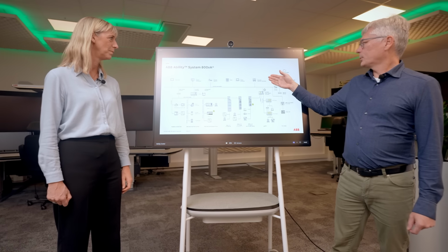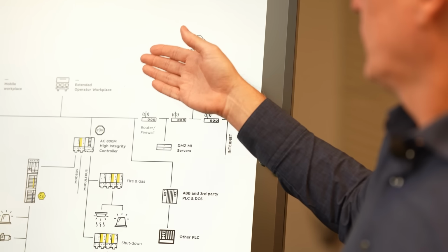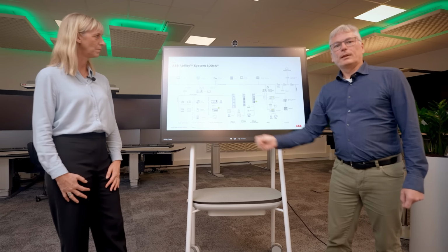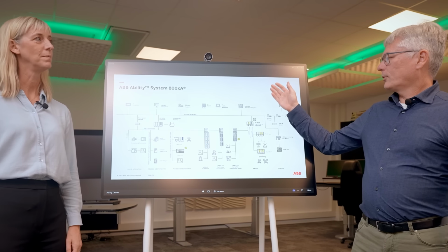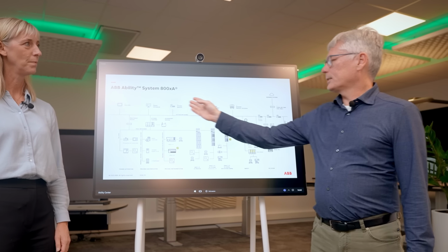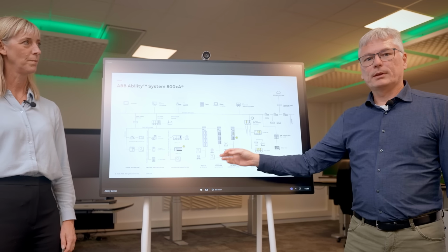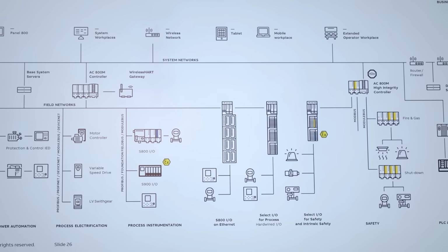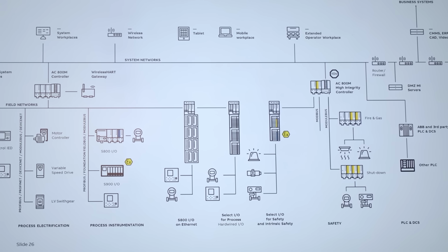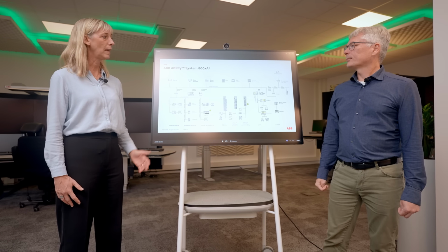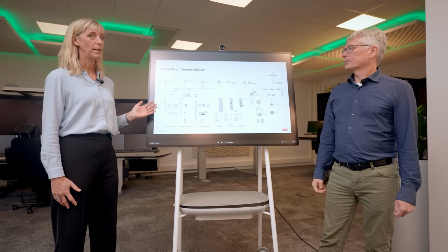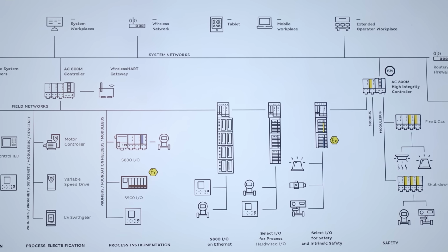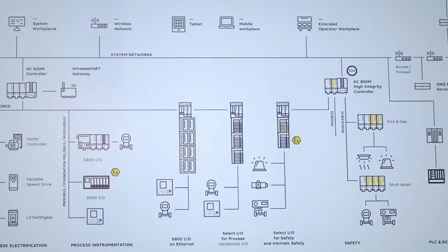And where Valerie was sitting up in the operator workplace, these communicate to the base system services to get the information. And for high availability to work, this entire chain must be redundant. That means that we have at least 2 base system services and at least 2 controllers. And a plant like the chemical plant we used in the example can contain 100,000 I/O signals. Let's look at how the redundancy in the I/O system can look like.